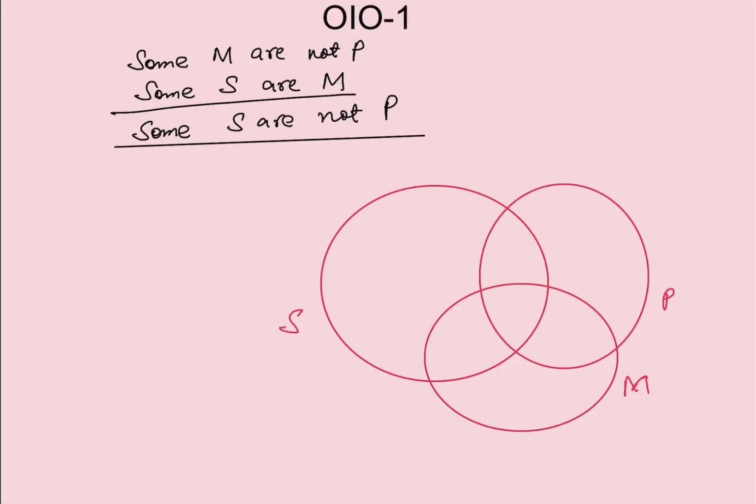Now next one is, now again this is interesting here. We have only particular propositions, sorry, only particular propositions. So इस case में क्या होगा? So let's start with this one. Some S are M, S or M. So we don't know the position. So यहाँ पे आपके पास आ जाएगा because it can be here, it can be here. So X in between आपका लगेगा. Let's see the next one. Some M are not P. Not P again, it can be here, it can be here. So again we are not sure. So again some S are not P, maybe we are not sure because the X position is on the line. So again it will be invalid.